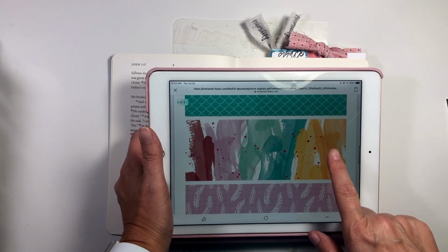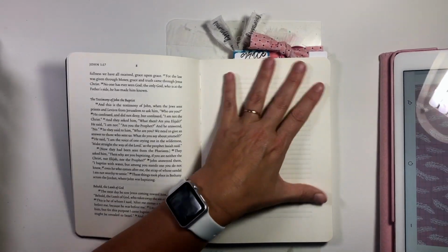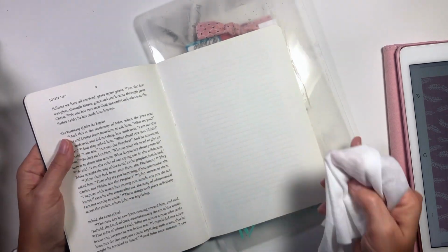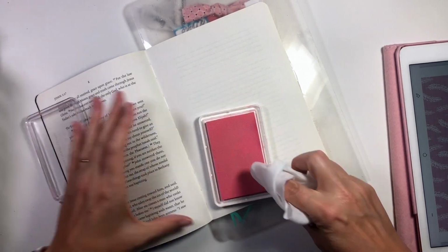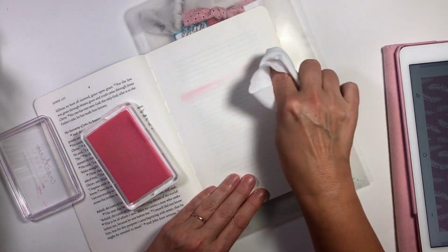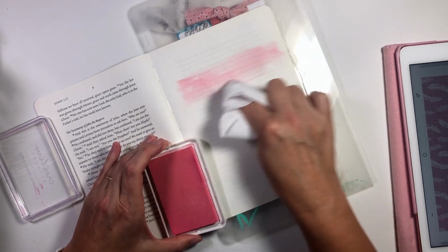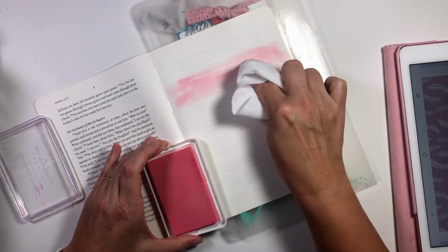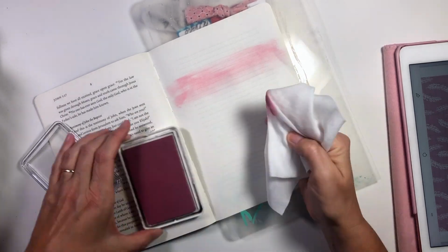My inspiration for this page is this patterned paper, and I'm showing it to you here on my iPad. This is from the Faithfilled Digitals, and we're using the Abundantly More collection, which is the month of July, the collection for this month, and I'm creating a background. That pattern paper is what inspired this, and so I'm using all the different colors, not all of them, but